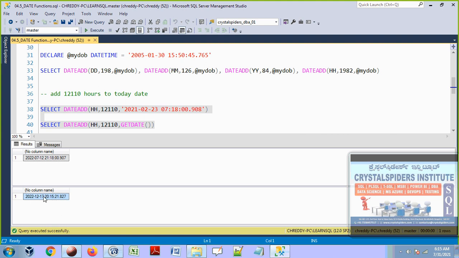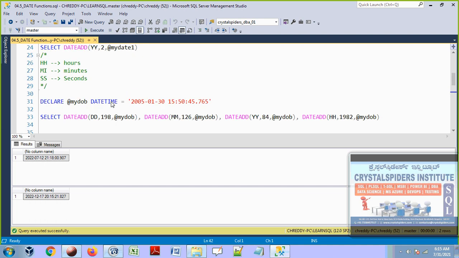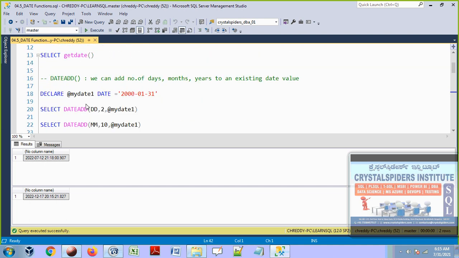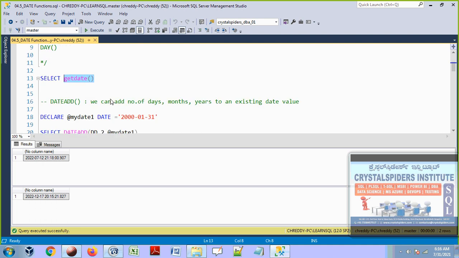So this is what it is displaying. This is the GETDATE function and the DATEADD function. GETDATE simply returns the current date and time. DATEADD adds a number of days, months, or years to an existing date or datetime value.